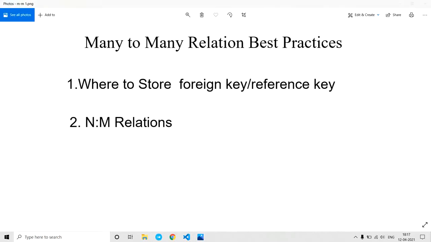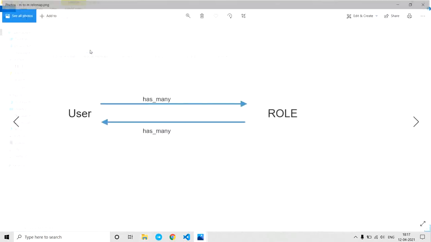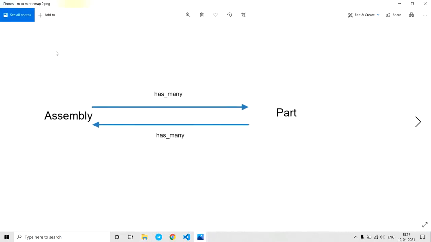So let's take an example here. An assembly has many parts. In a car, basically, an assembly will have many parts, and the same part can belong to many assemblies. It's a good example of a many-to-many relation.